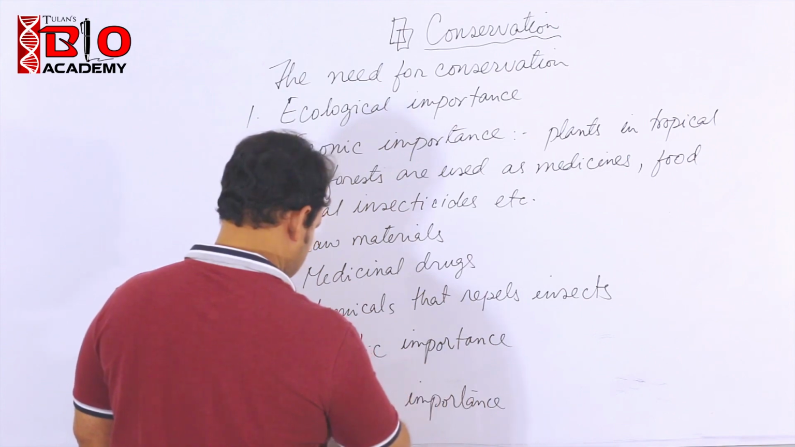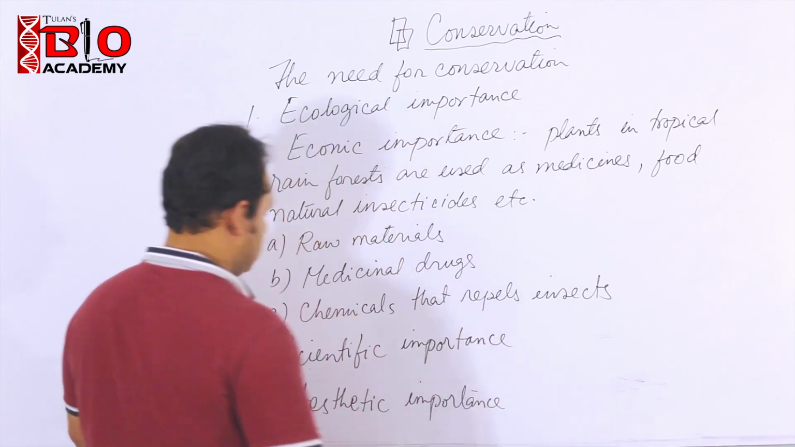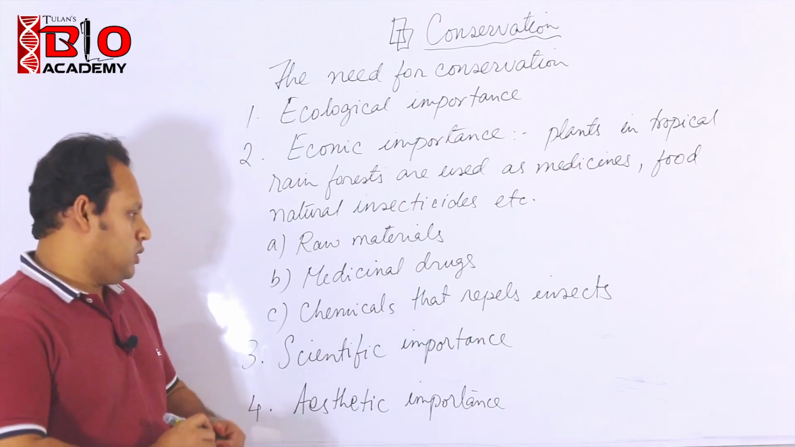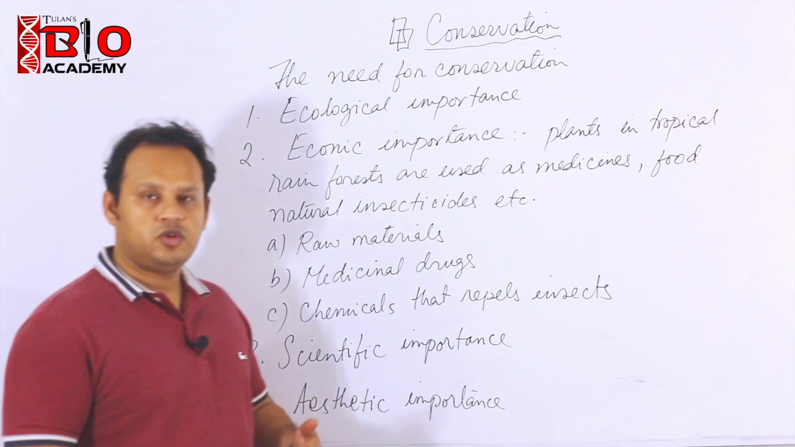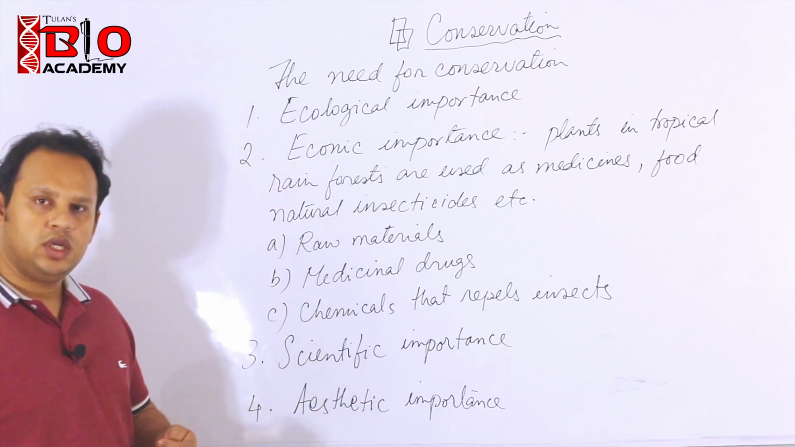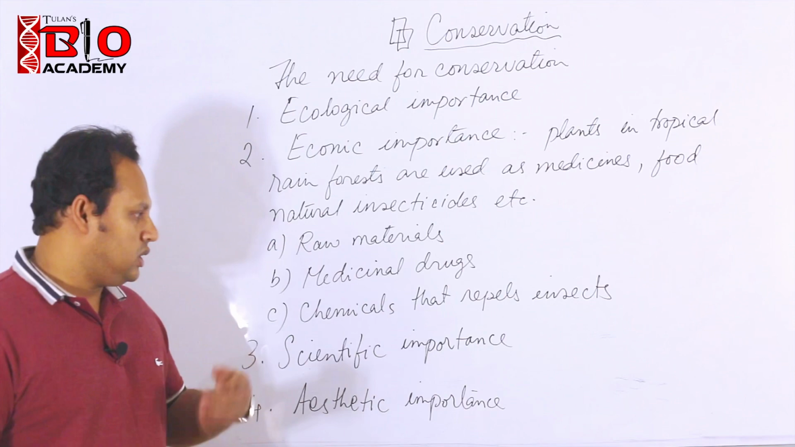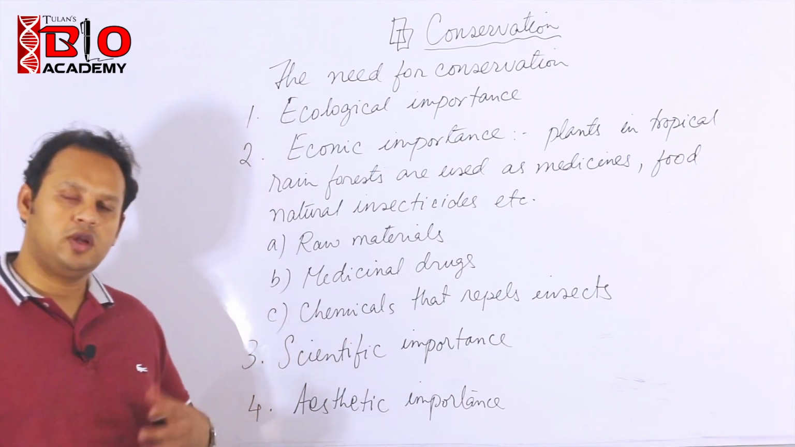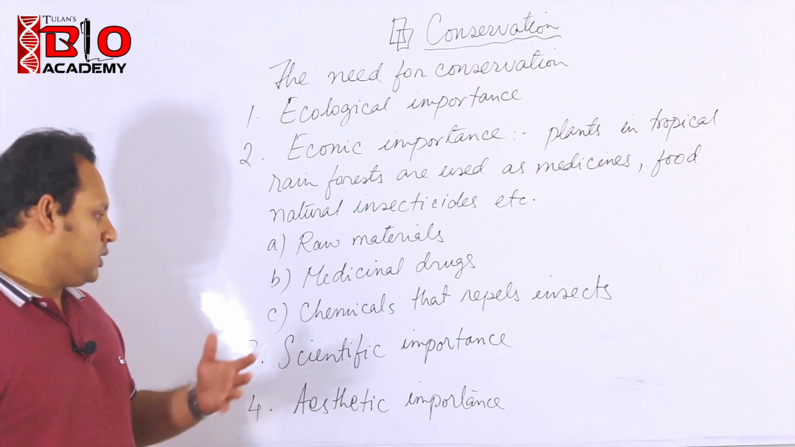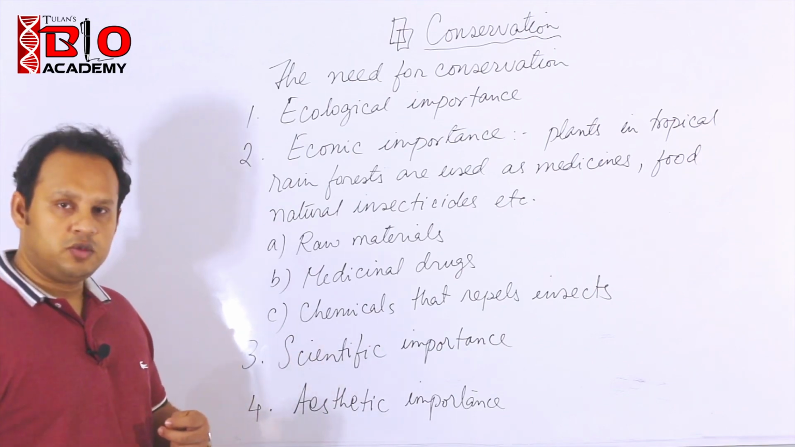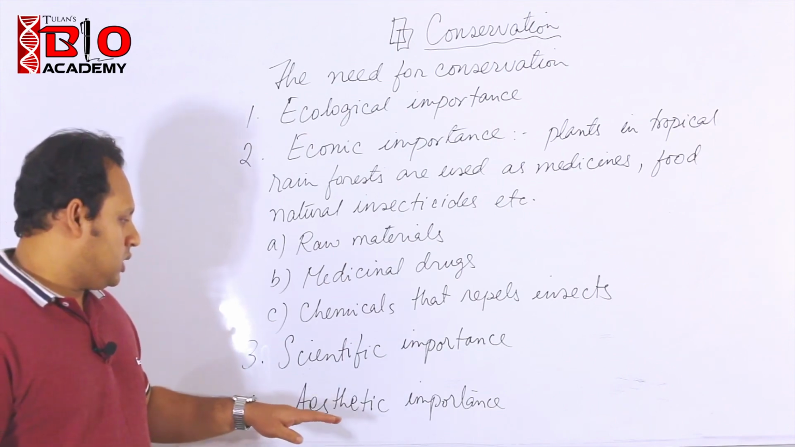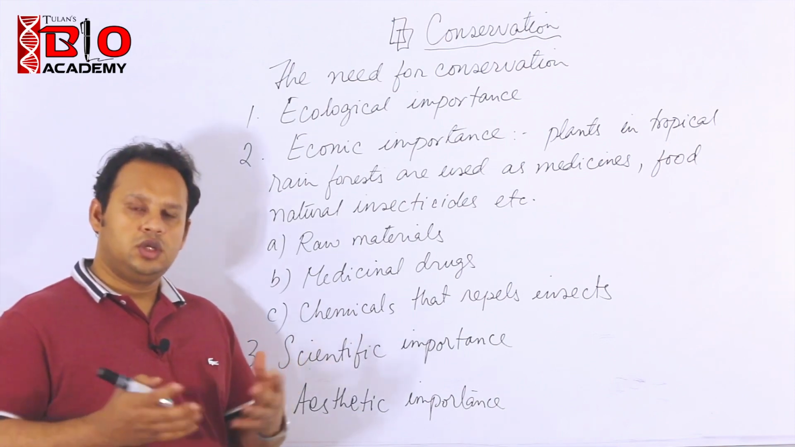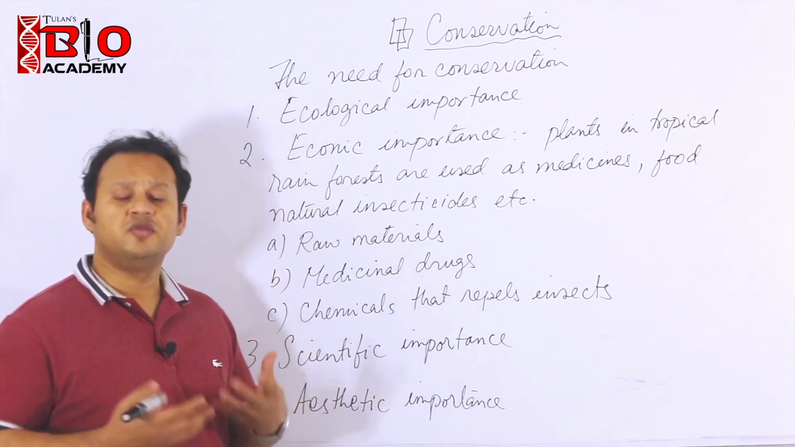It looks beautiful, it looks majestic. So there are many such things. For scientific importance or scientific purposes, we can use different organisms for selective breeding to our advantage. We use it in horticulture for producing different breeds of flowers and flowering plants, and in animals we do selective breeding. For aesthetic importance, it looks beautiful: flowers, a garden full of flowers, different colors, different patterns, different varieties